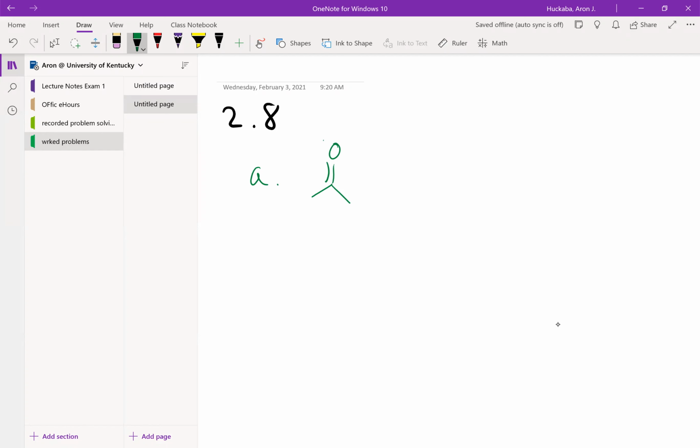So this is a carbon-oxygen double bond, and this oxygen has two lone pairs. We know that because oxygen has 6 valence electrons, and it is only using 2 of those electrons in its bond with the carbon. Okay. B is giving us